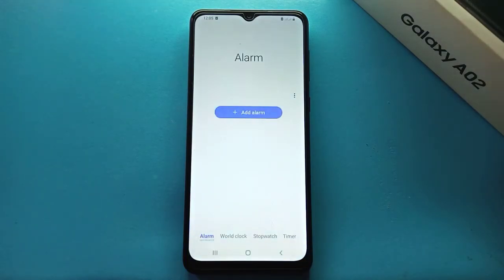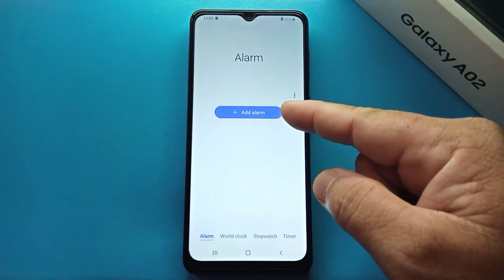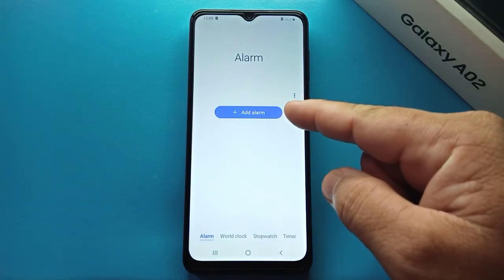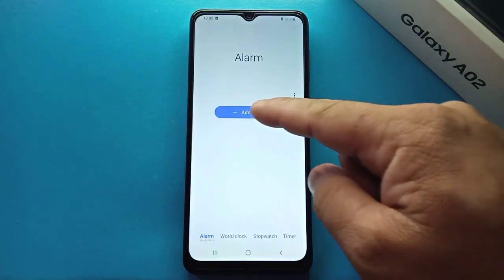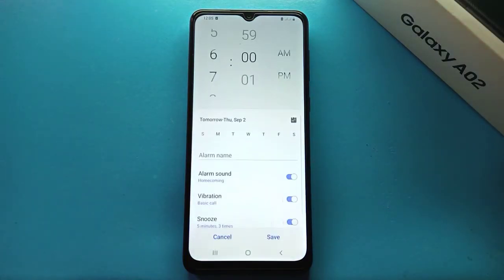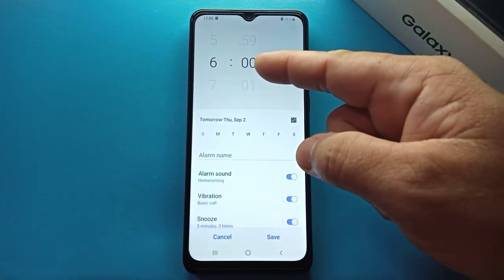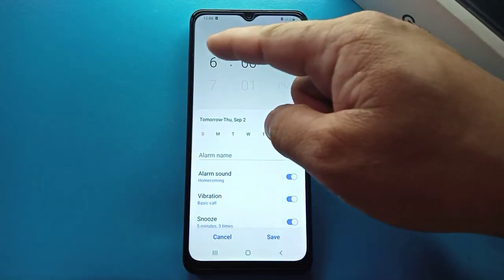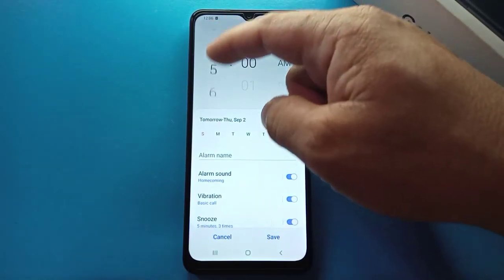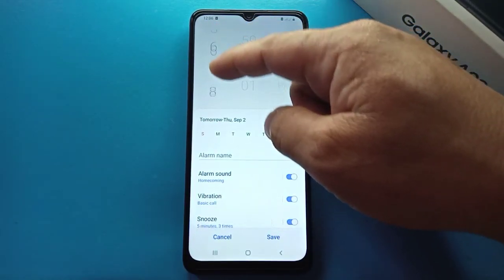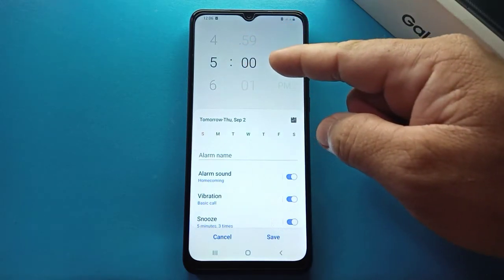In alarm, you can see the add alarm button. To set the alarm, all you have to do is click the add alarm button. Here you can see the time, which you can adjust by scrolling down or up on this time. So I set it to 5